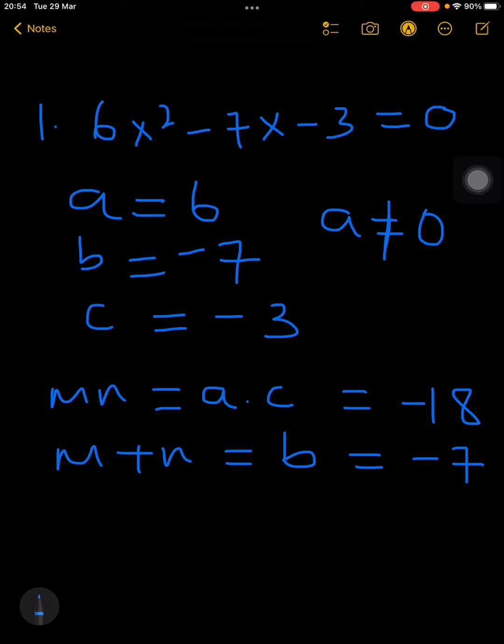Okay, so our value for m, or either of those two numbers, should be negative 9, and the other one should be 2. When I multiply these two, I get negative 18, but when I add them, when I take minus 9 plus 2, I get negative 7. Then after that,